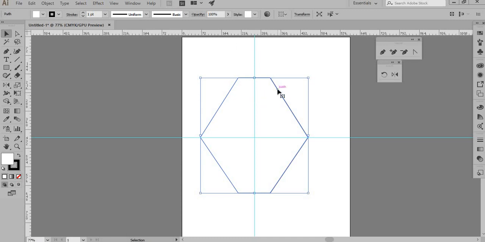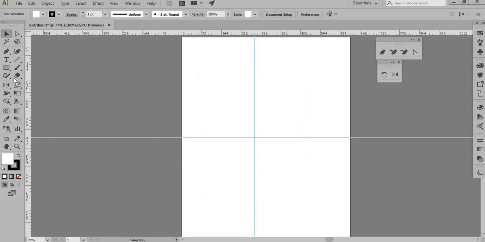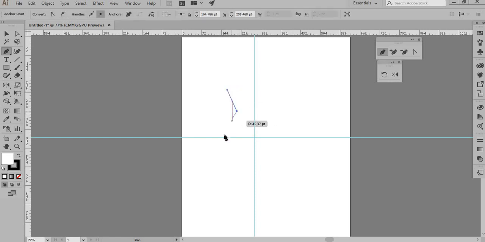Let me show you another way of practicing the reflect key. Let's say I use my pen tool again, and this time I'm going to make a vase like this. With the anchor point tool, I'm just going to curve it a bit to give it a shape.